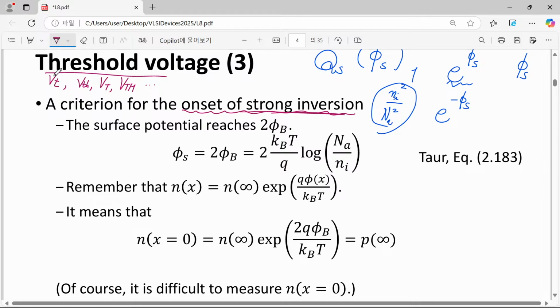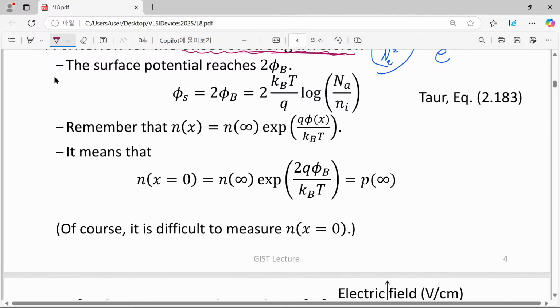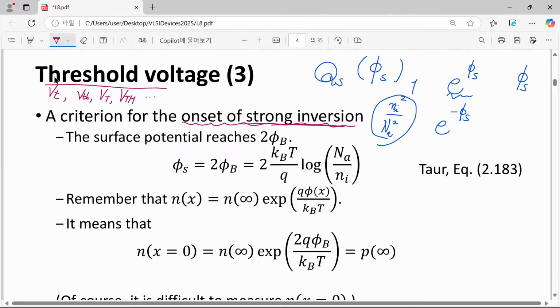So that is the theoretical definition of a threshold voltage. Why am I saying theoretically again and again? It is because actually it is very difficult to measure the threshold voltage corresponding to our theoretical definition,